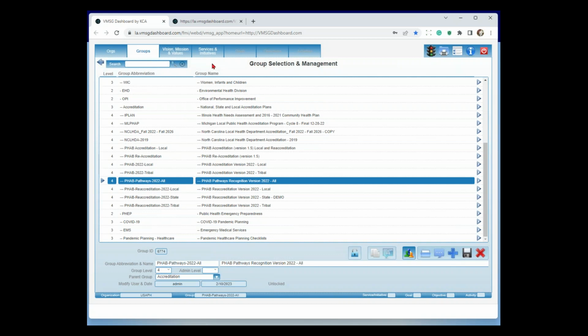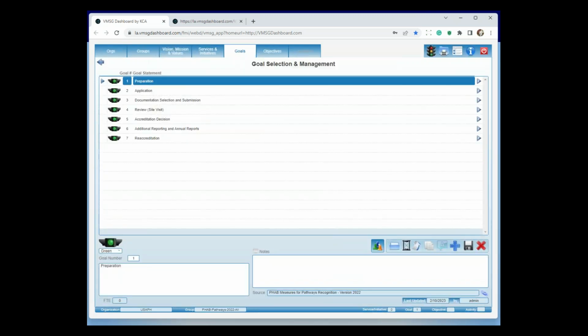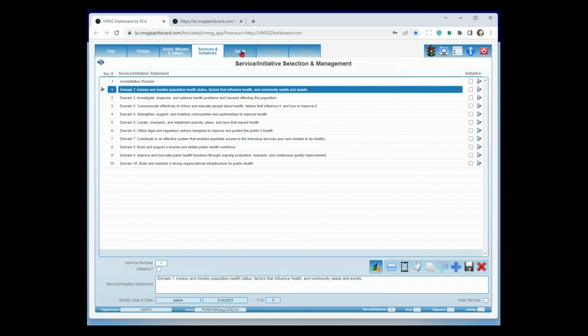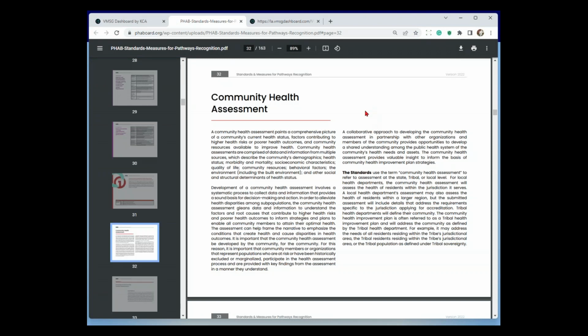But if I start going down through the pathways here, it's going to give you the accreditation process, which is just the steps you're going to go through, and also including reaccreditation. Under the domains, then you're going to have the standards. The pathways uses the standards, but doesn't really designate them as standards. They go right to the measure level here. You can notice down here in the data source, we actually tag it to the FAB documentation. So you not only have the information that we've got in the system here, which, by the way, all comes from FAB, but you also can go right to that data source, the FAB documentation, in this case, for the community health assessment.